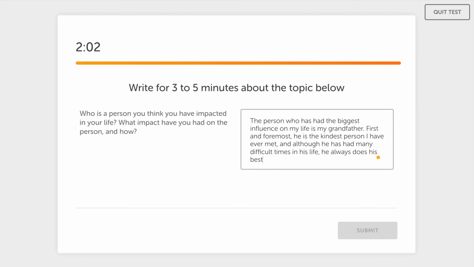Okay, so overall, I think this question type is quite similar to the other writing question, the one where you have to write 50 words or more, because the time limit is roughly the same, and to be honest, the prompts that I have seen are quite similar too. But for this question type, there isn't a word limit, and you have to write for between 3 to 5 minutes. After 3 minutes, the next button will light up in orange, and you can click that to finish the test. So like I said, there isn't a word limit, so that's good.